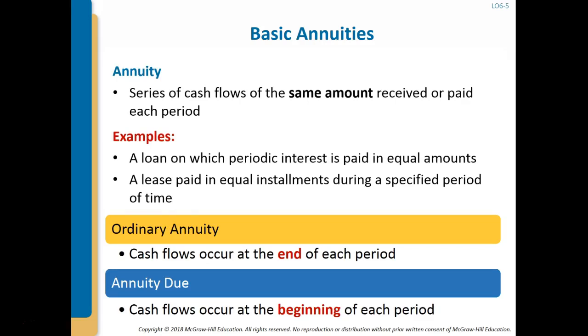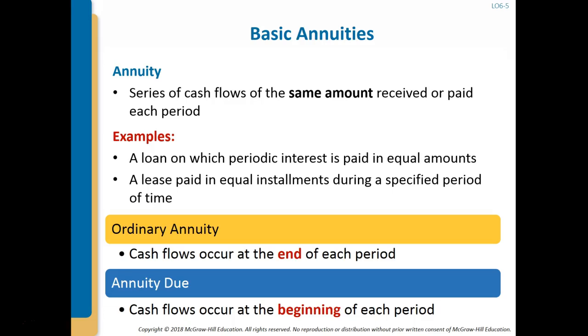The previous examples involved the receipt or payment of a single future amount. Financial instruments frequently involve multiple receipts or payments of cash. If the same amount is to be received or paid each period, this series of cash flows is referred to as an annuity. The common annuity encountered in practice is a loan on which periodic interest is paid in equal